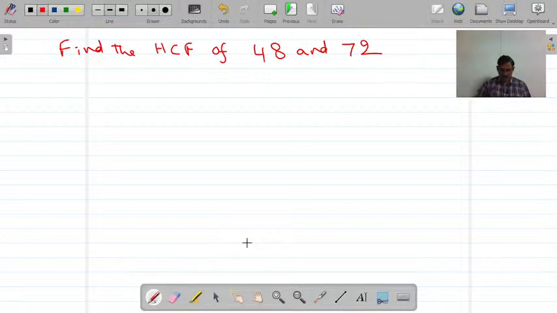HCF of 48 and 72. You try this. So as usual, what to do? First we consider it like